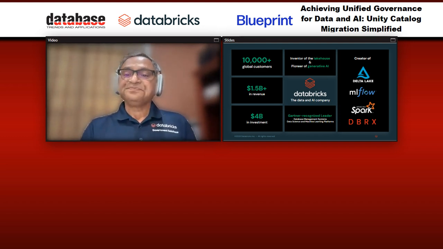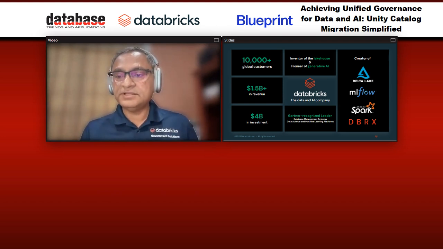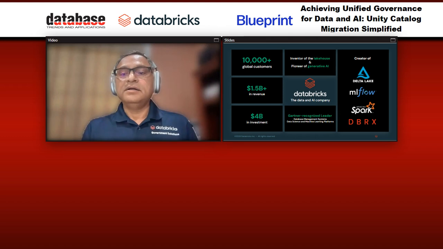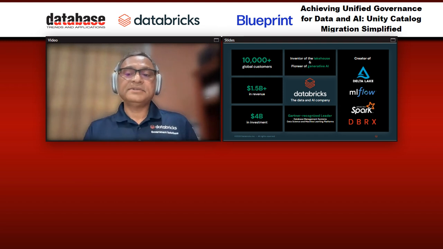On the right, you see some of the open source projects that we have invented and shared with the industry. And that's the part of Databricks that I'm most proud of. Delta Lake is our cloud data storage format. MLflow is the software package that helps you track the entire life cycle of machine learning experiments and productionizing your ML artifacts.